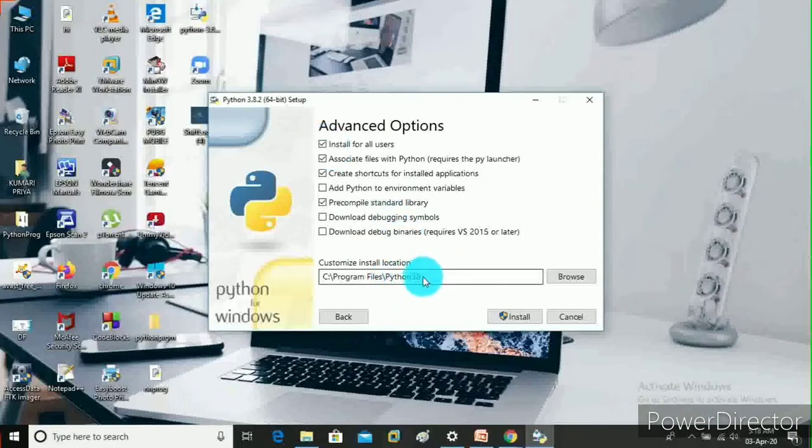Here you can see the default location of Python. Guys, you can change the installation location, but I will go with the default location. Now click on install.